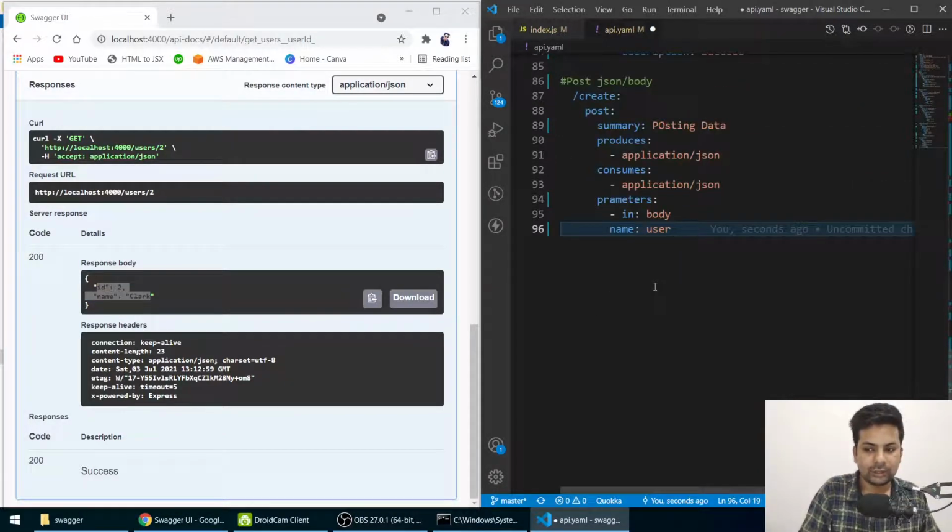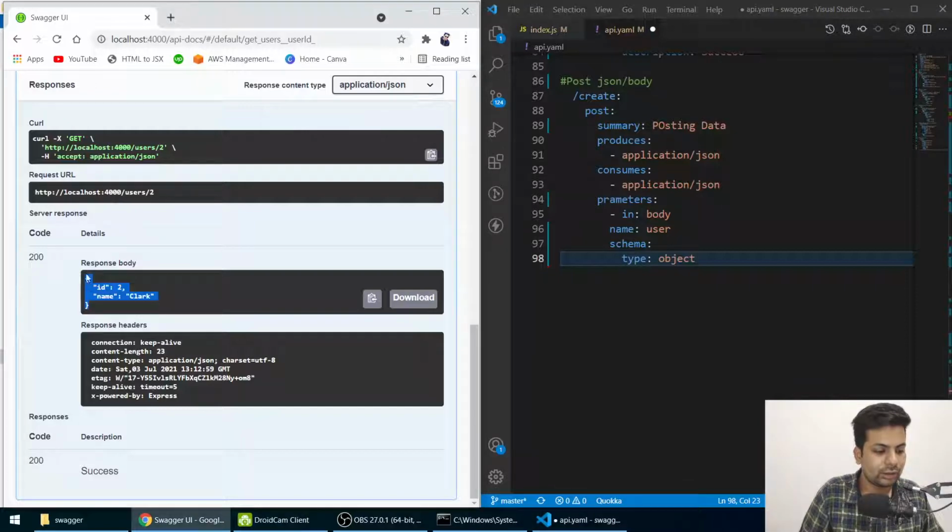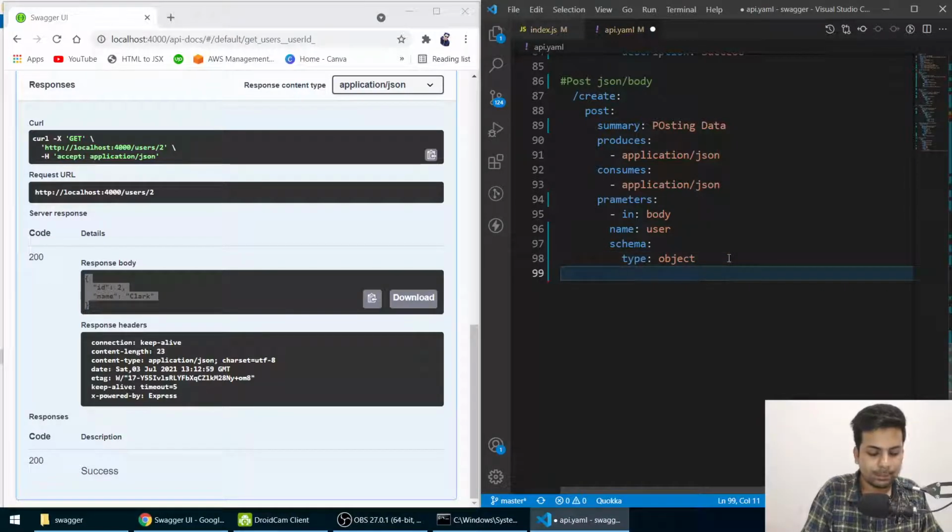And after that I have to tell the schema how the data will look that I'll be posting. So I'll say type, it will be of type object because I'll be posting an object. Application JSON should look like an object. And properties will be properties.